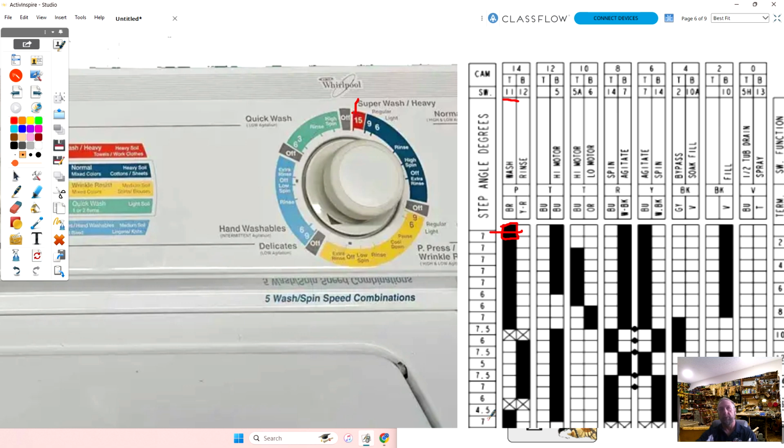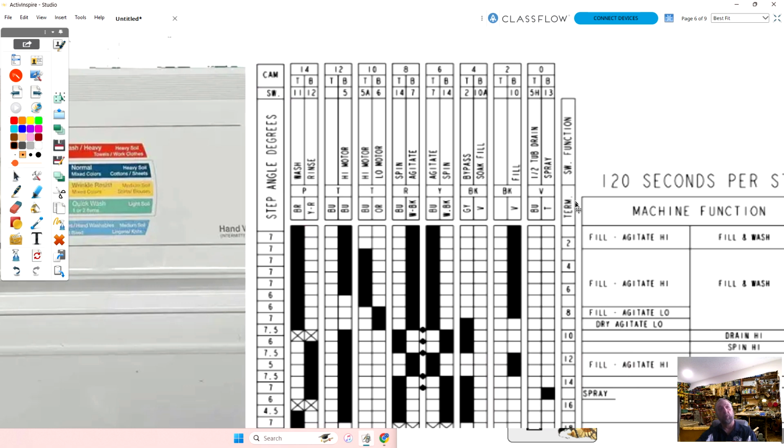Number 11. So if you guys can take a minute and look at that first increment, and write it down on your own paper, because we're going to carry this over to another screen. What switches are closed in the very first increment of this cycle? 1, 2, 3, 4, 5 different switches are closed. 11. Okay.